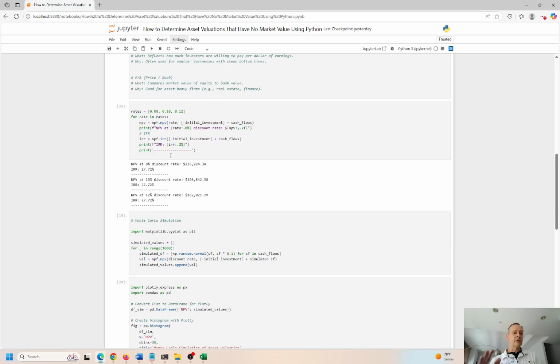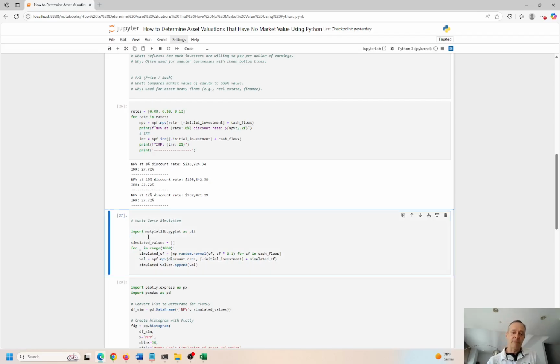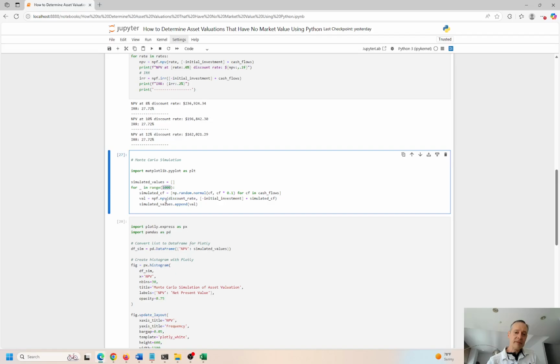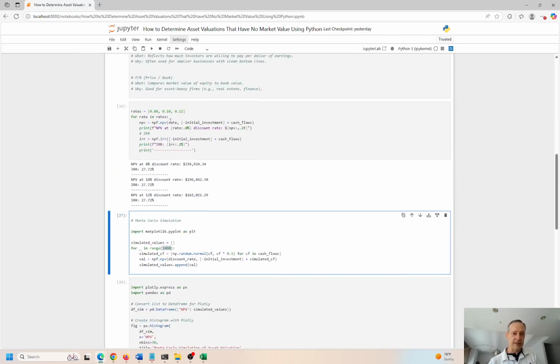So we're doing the same type of analysis. The only difference is we're looping through 3 scenarios so quickly and easily we can see how much this asset potentially is worth at different interest rates. That is what we'll have to pay the bank for the loan for this money, okay? So that's a scenario analysis. A Monte Carlo simulation is when we run a whole bunch of different scenarios. In this case, we do 1,000 different scenarios. Here we did 3, okay?